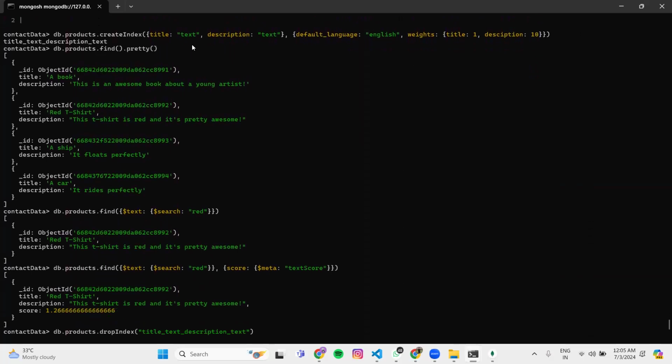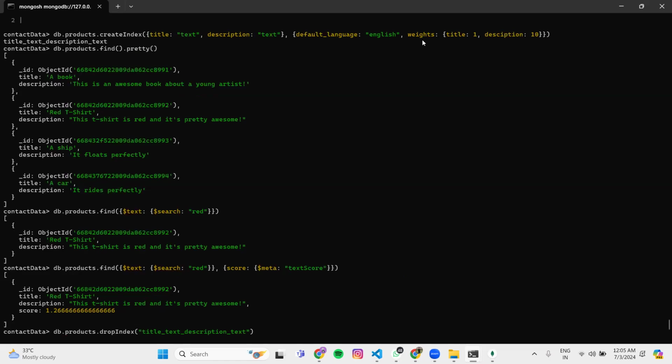So here we can add more fields. For example, this default language is English. Here, if we want to specify another language like German, then the vocabulary, the language will change. Which stop words to remove will be decided based on that language. That will also change, because it only takes the most important words that are needed,